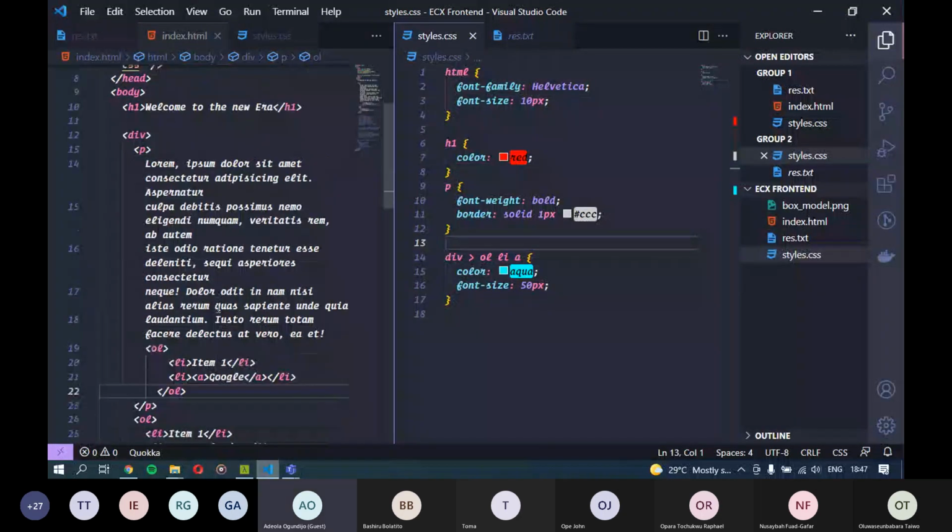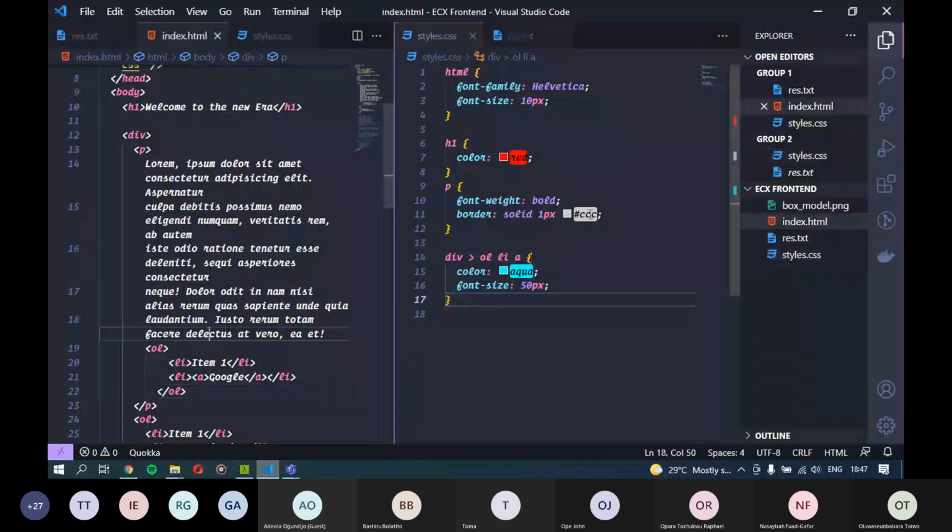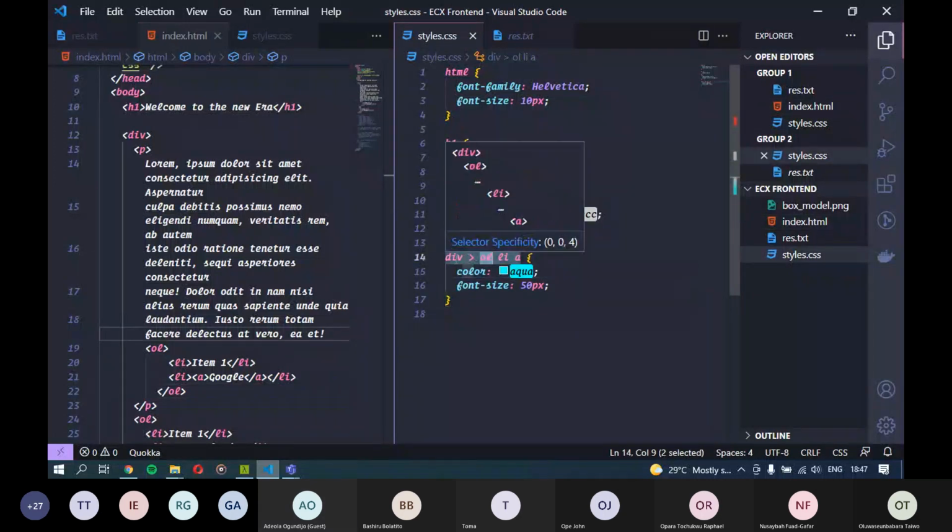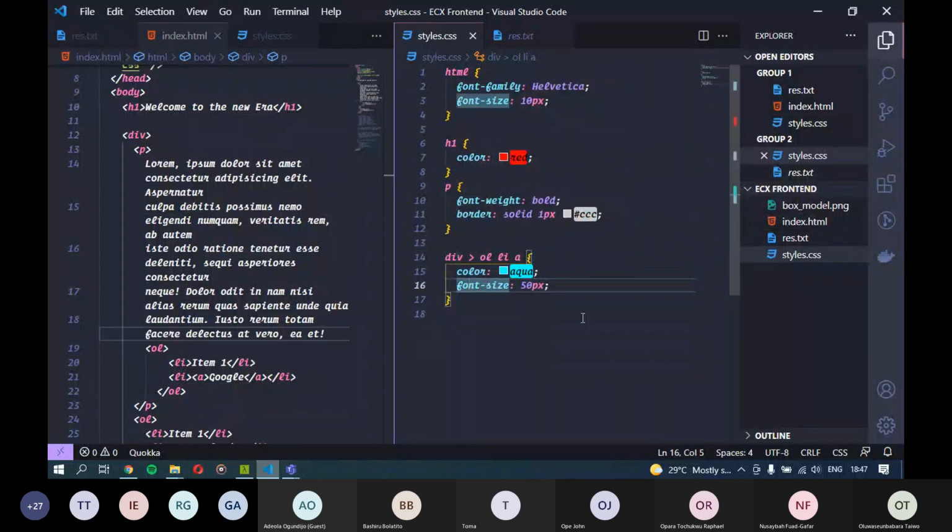So I will figure out what is going on here and I'll get back to you guys on that. As you can see, I'm not perfect. If I make mistakes, all of us make mistakes. But about that, this right angle greater than sign basically is meant to specify an OL that is a direct child of the div. We have some other selectors, but time will not really permit us to go into all of them. But I'll leave links to resources for you guys to check them out.